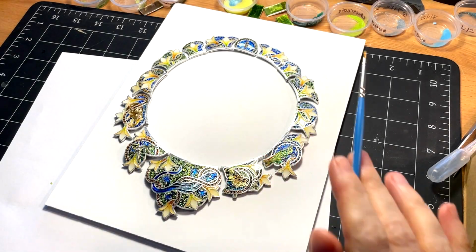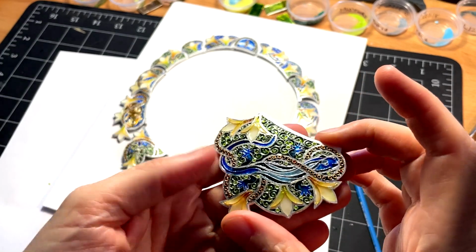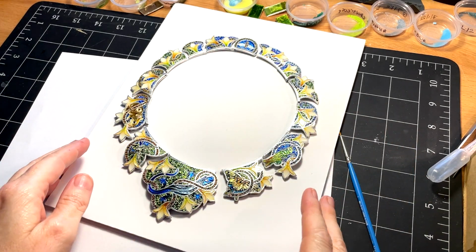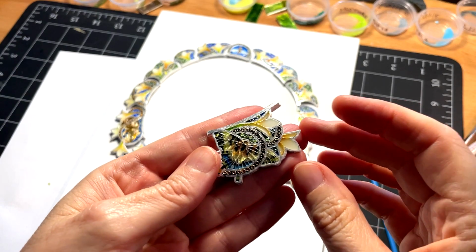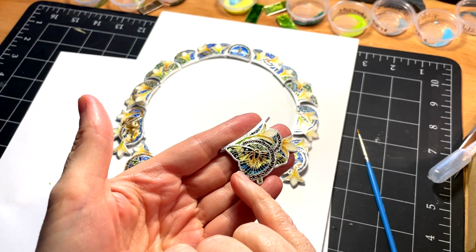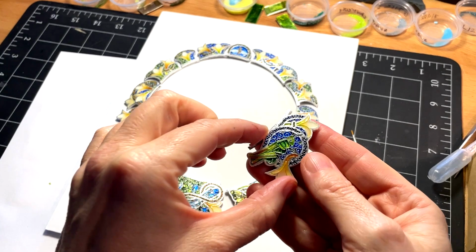Here we have 2 coats of color on every single piece, and it's looking good. I'm feeling pretty good about the color. There's a few areas where I'm going to punch up the color. For example, this little guy, he's going to have a little bit more orange around here, and I've got to add the little kind of fuchsia dot there. Our friend,